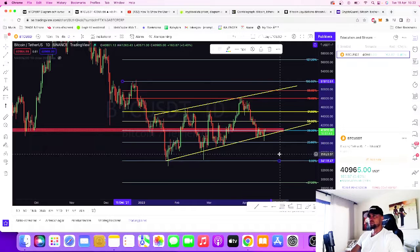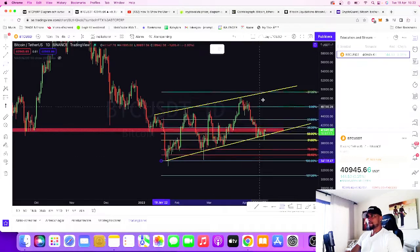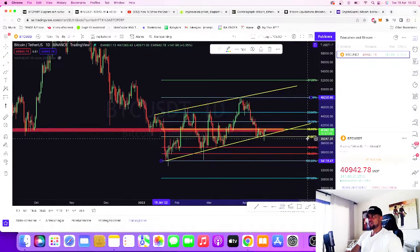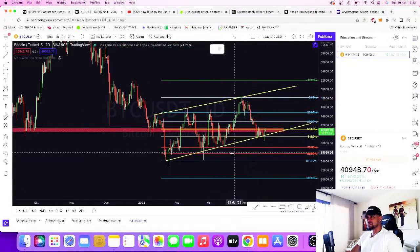So what we see from this is that right now, the market is stuck. It came up, picked up some supply from the supply zone, and moved right back down. It's testing the 38.2 retracement level, but that's when pulling the Fibonacci from this last major local high. If we pull it from the last major low to the last major high, then we see something very important. We see that the market is stuck at the